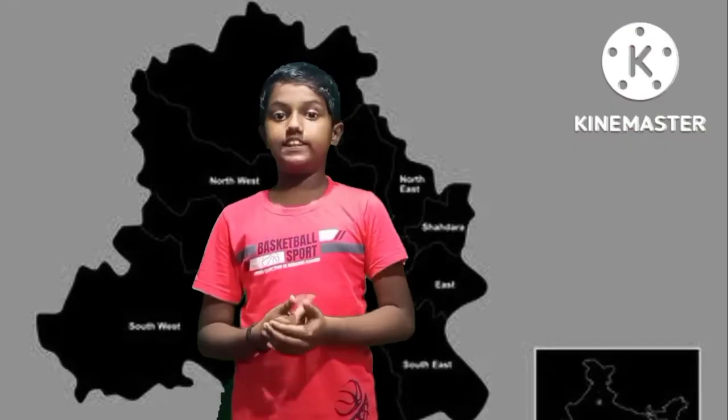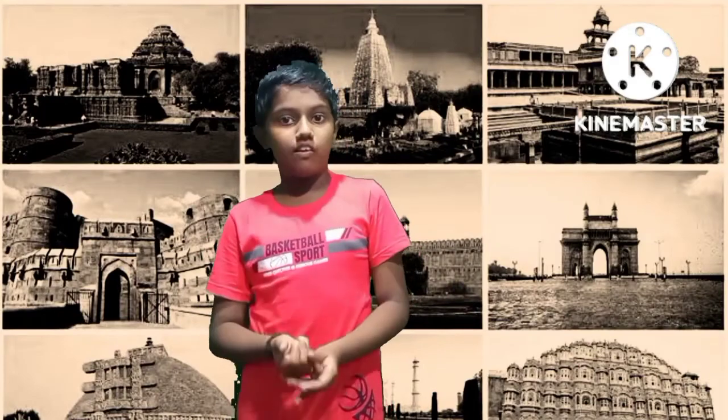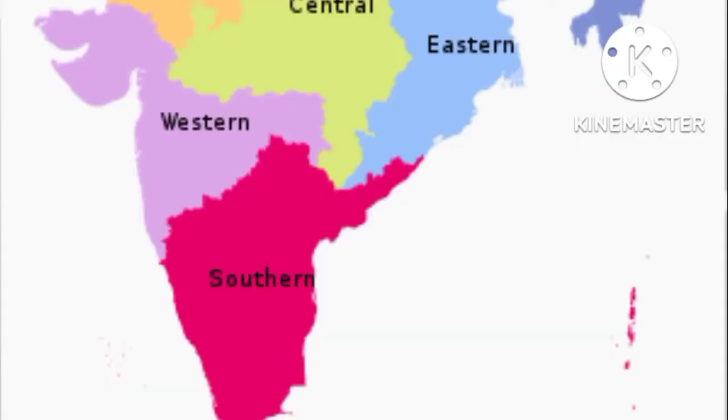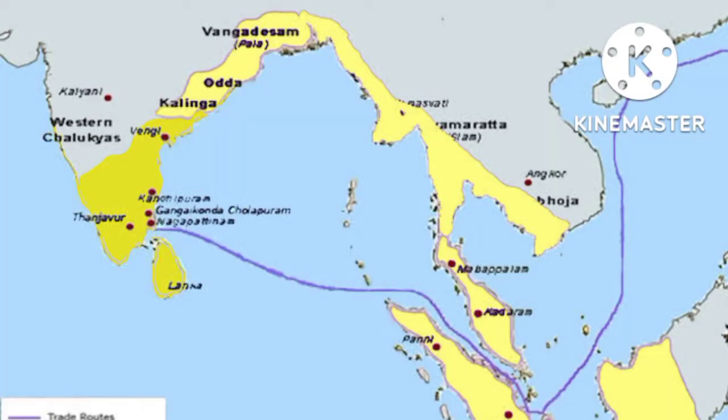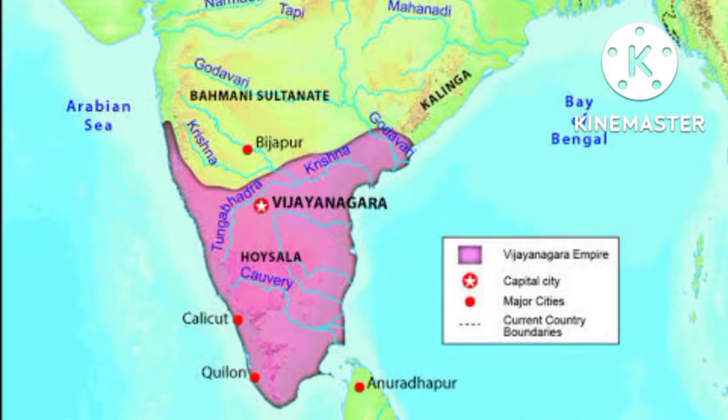Until now, we have discussed Delhi as a seat of power, the Delhi Sultanate and the Mughal Empire. But now we are going to discuss the centers of power of Western India and Southern India. In this portion, we are mainly going to discuss four kingdoms: three kingdoms in the southern area and one kingdom in the western area. The one kingdom in the western area will be the Maratha kingdom, and the other three lying in the southern part of India will be the Chola kingdom, the Bahmani kingdom and the Vijayanagara kingdom.